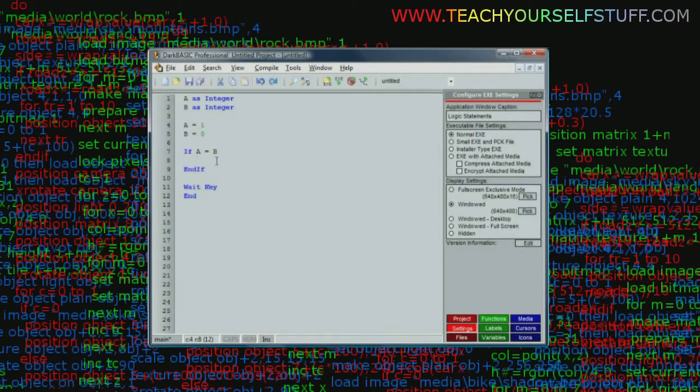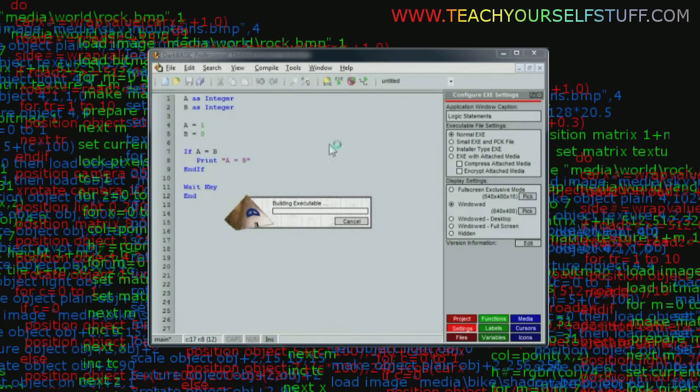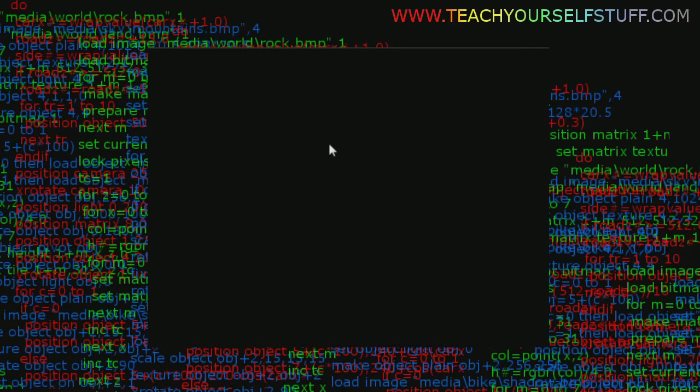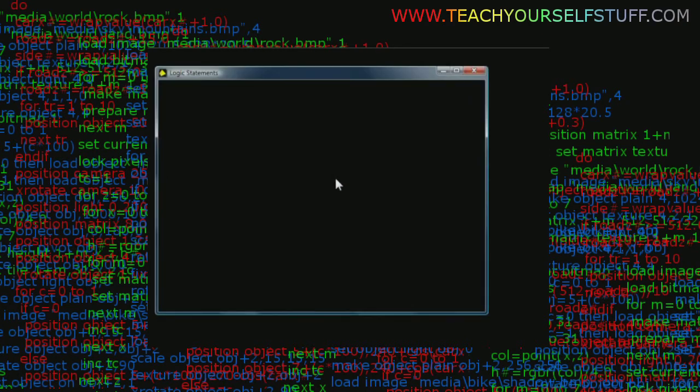So now, if we type in print A equals B, then basically it asks a question, it's going to carry out the command, and when it hits end if, that's the end of the question, and it will carry on the program as normal. So we'll run the program now, and of course A is still 1 and B is still 0, so we get no response. So there's still no